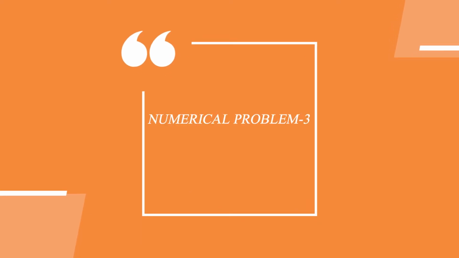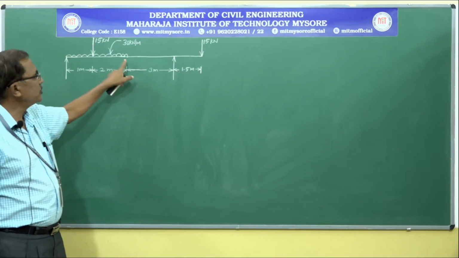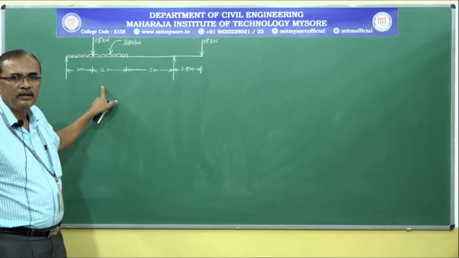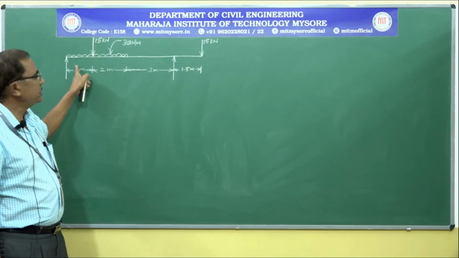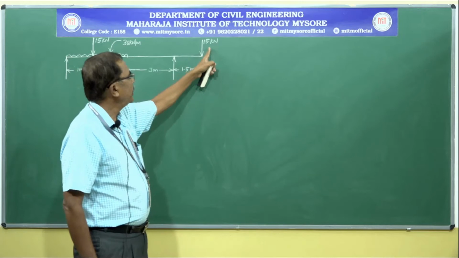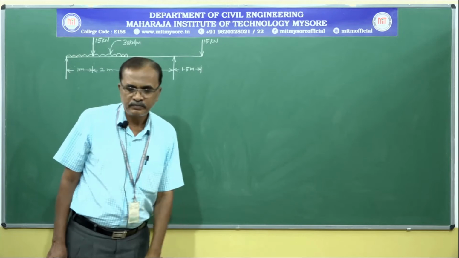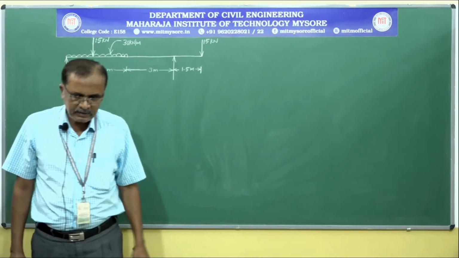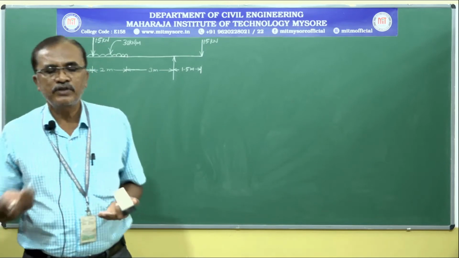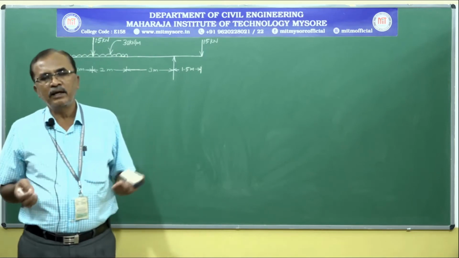Morning. Let us take another problem with slightly higher order. A single overhanging beam subjected to a uniformly distributed load over a length of 3 meter, and a point load acting at a distance of 1 meter from the left support, and a point load acting at the extreme right hand side on the overhanging portion. For this condition, it is asked to draw the shear force diagram and bending moment diagram, marking the salient values.